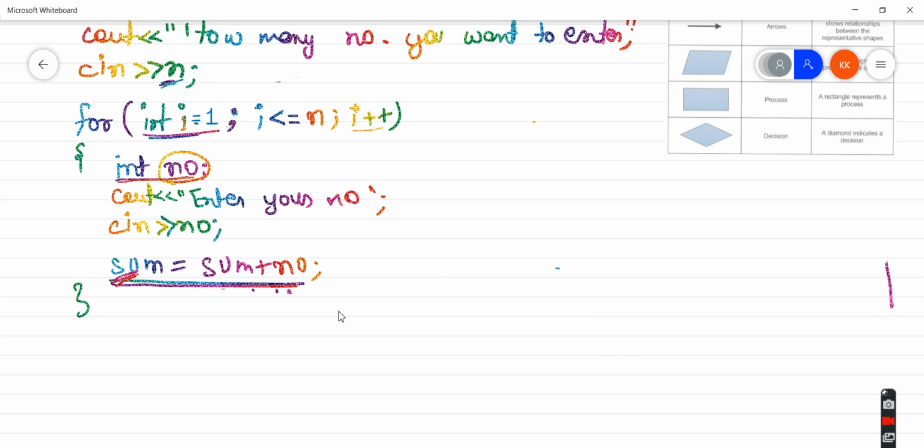Sum is equals to sum plus i. So the i value is going to be 1, 2, 3. Let's try to run this program first of all. I think that will be more clear to you.